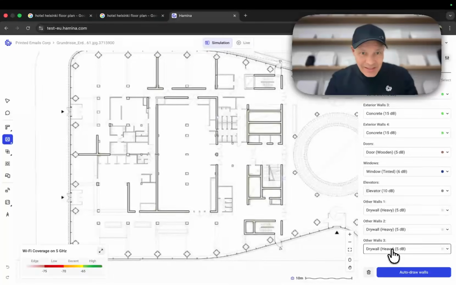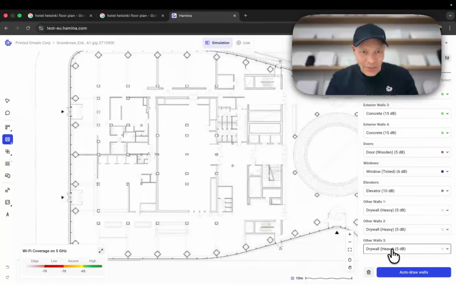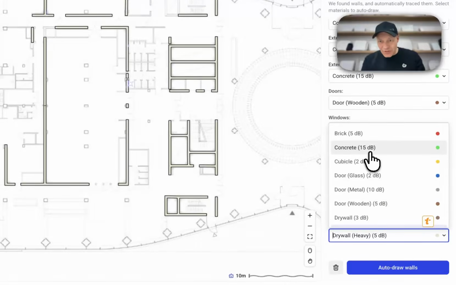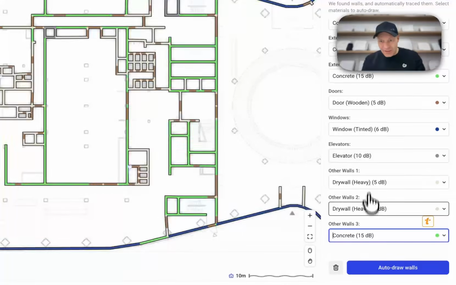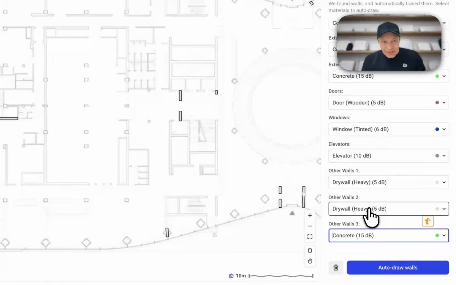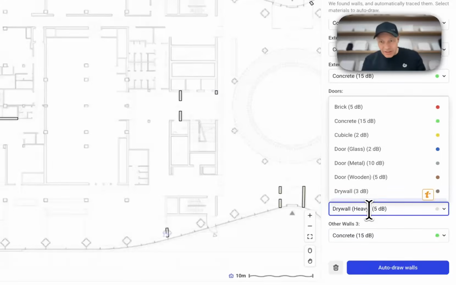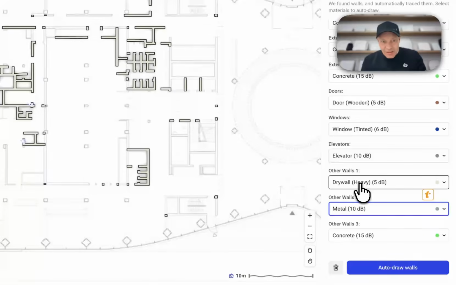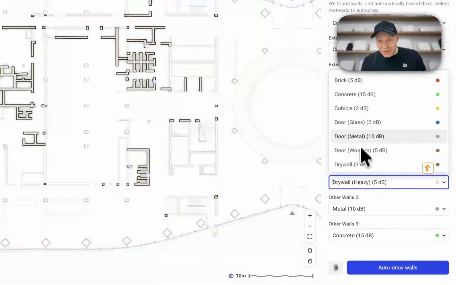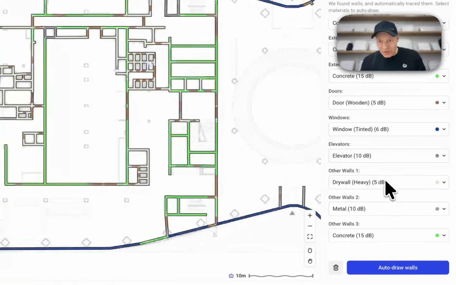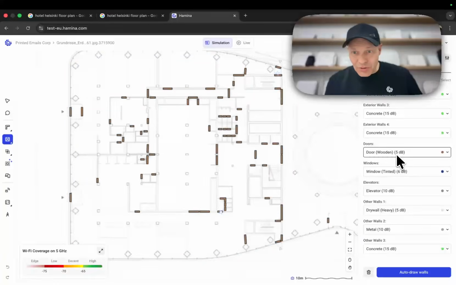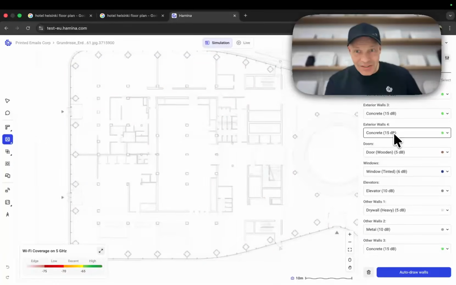So you see these guys are clearly the thicker walls. So yeah, let's make those guys, I don't know, concrete. Then there's some, yeah, these might be, I don't know, metal or something. What about these guys? Clearly drywall, right? So I'm gonna keep them as heavy drywall just to be sure. Elevators, windows, doors,